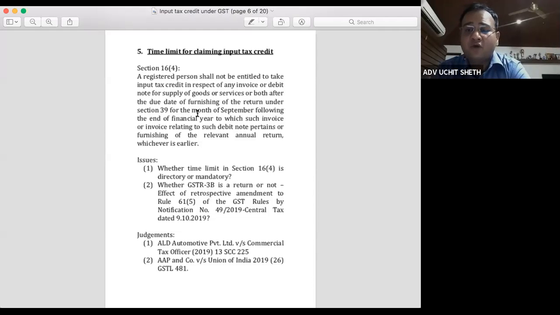The question is then, what about the input tax credit? According to me, this will be a genuine problem. We'll have to fight it out. We'll have to say that if I believed they were exempt and if I had a case for saying so, if ultimately they are held to be taxable, then I should be granted input tax credit. I cannot be denied input tax credit on the ground that you did not claim it within time.